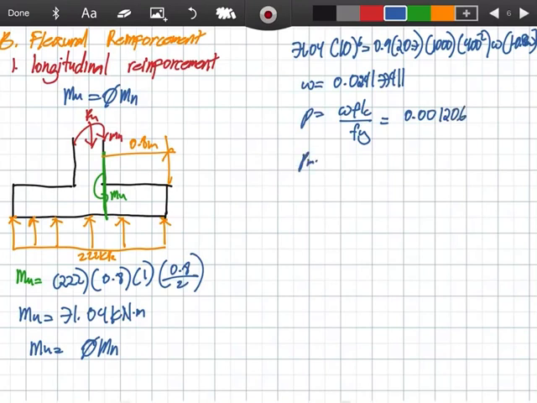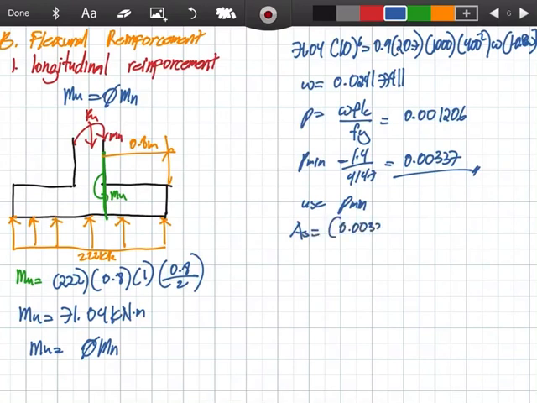Compare it to rho min, that will be 1.4 over 414.7. It is 0.00337. So, mas malaki ang rho min. So, use rho min. So, ang magiging As natin is equal to 0.00337 by b, that is 1,000, by d, that is 400. It will be 1350.37